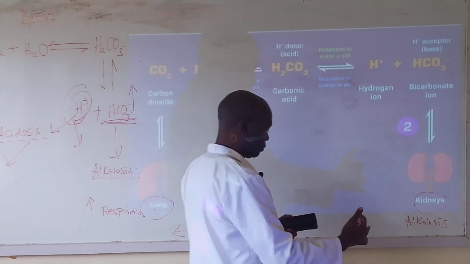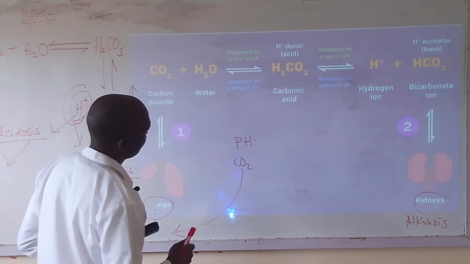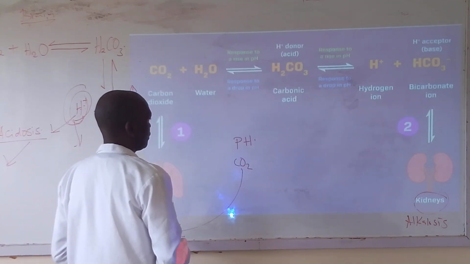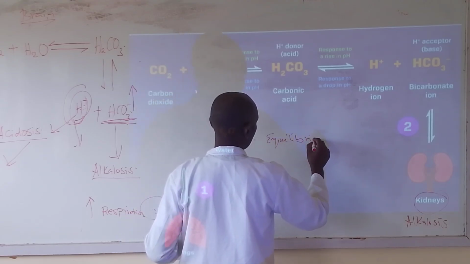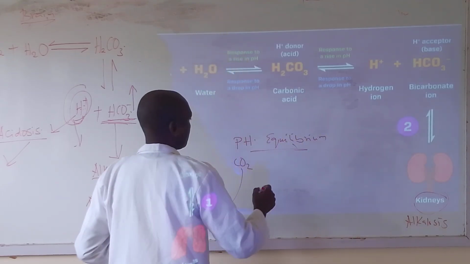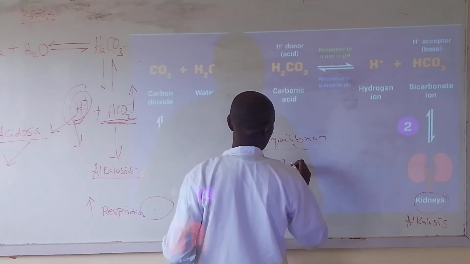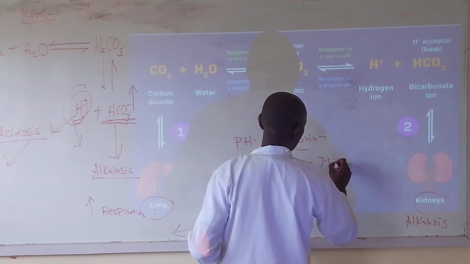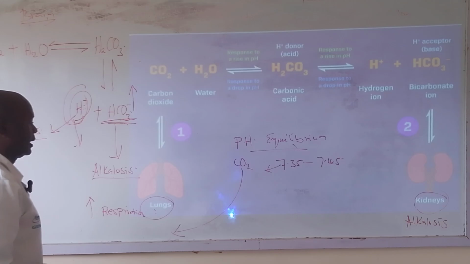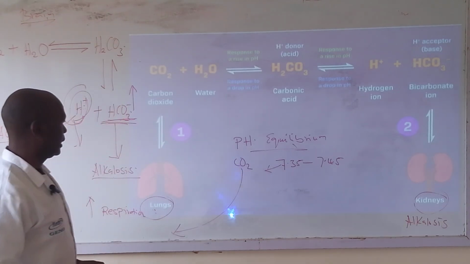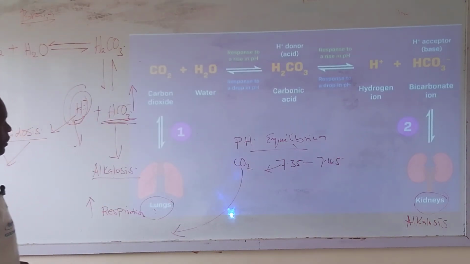So that is how the two excretory organs play around to try and get the standard pH, the equilibrium pH. So the pH of the body is supposed to be within the normal range, that is 7.35 to 7.45. So whenever there is a shift towards the acidic side, then respiration increases to try and remove excessive